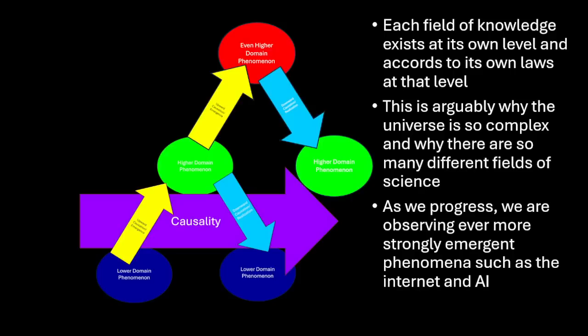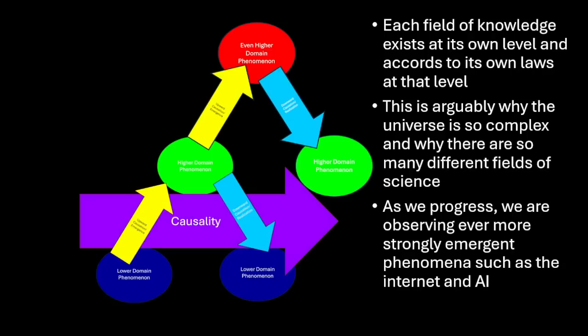And we don't know where it ends. There could be a huge number of such phenomena. And in fact, there's reason to think that there's way more strongly emergent phenomena than weakly emergent phenomena, and that we're not going to see all of these phenomena because, in our universe, there's only a limited amount of time for such things to happen. But as the universe evolves, we don't know what kinds of phenomena are going to exist. And we can't predict them ahead of time. But once they start to exist, we can begin to understand them.